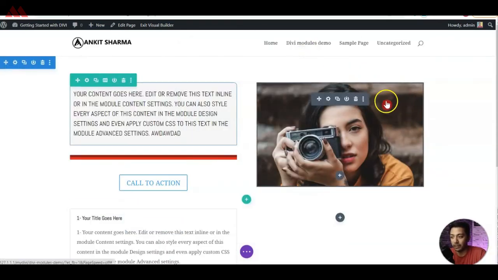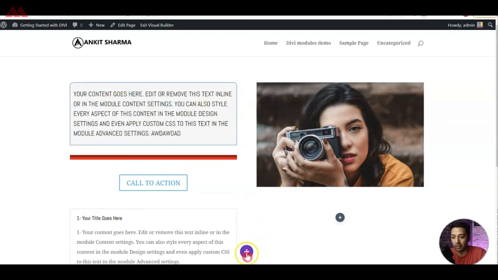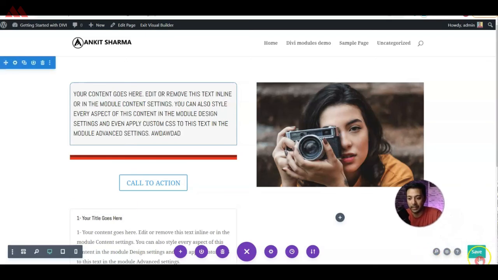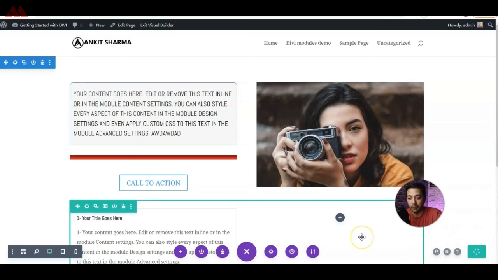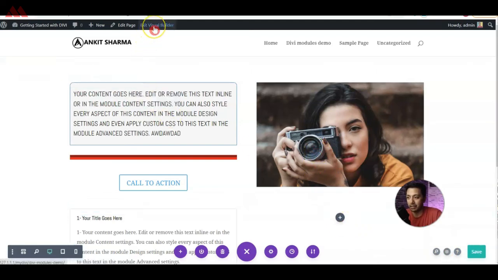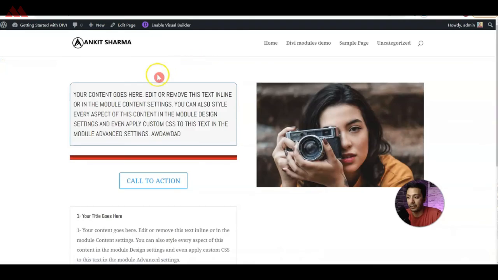And once you are done with your layout, all you have to do is just click on this 3 dot here, and let me just move the camera a little bit up, and now you see the save icon. If we click on save, our page design is saved. And once that is done, we can now exit our visual builder. So if we click here, this is going to exit us from the editor of Divi, and now we are